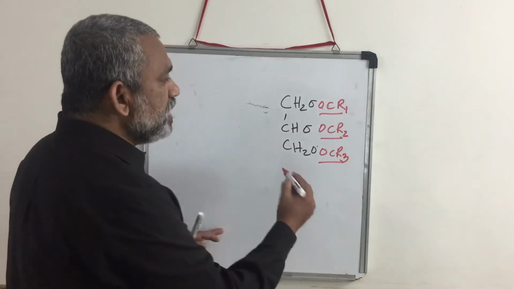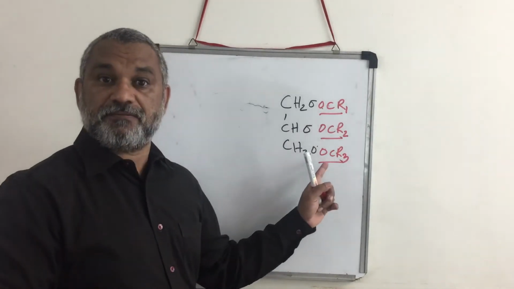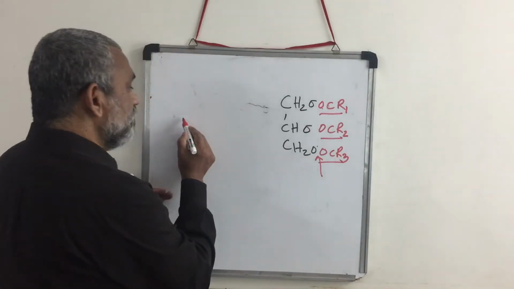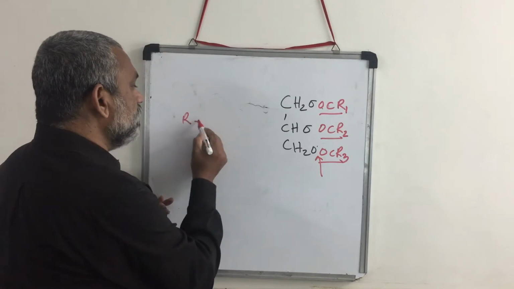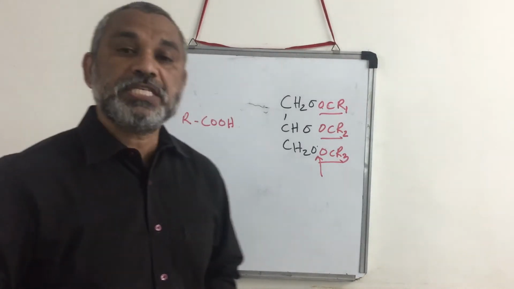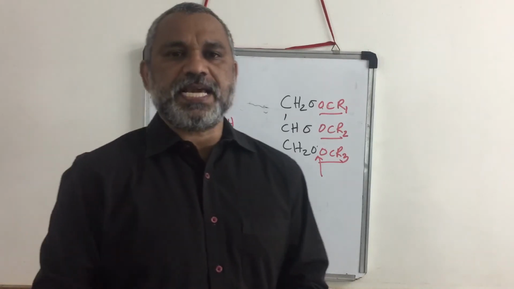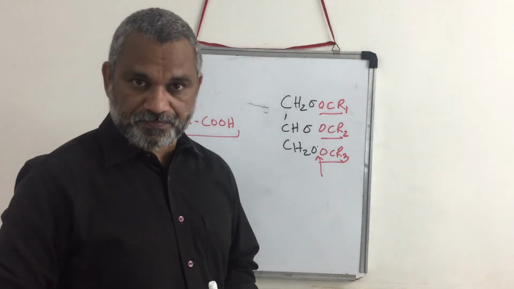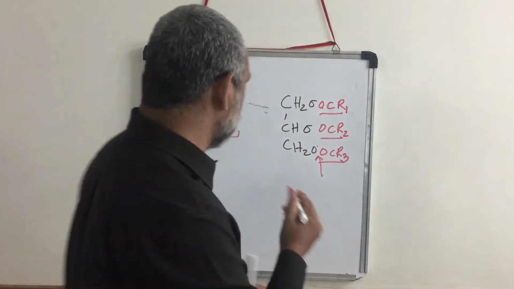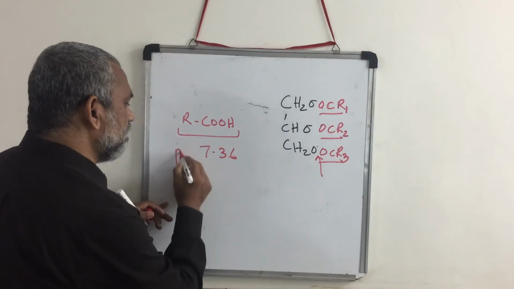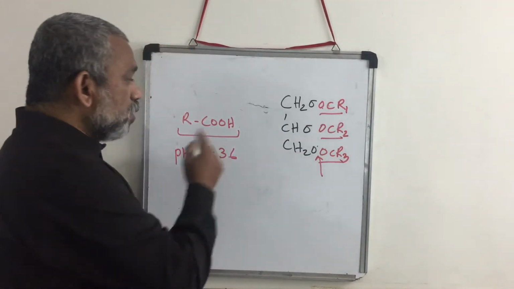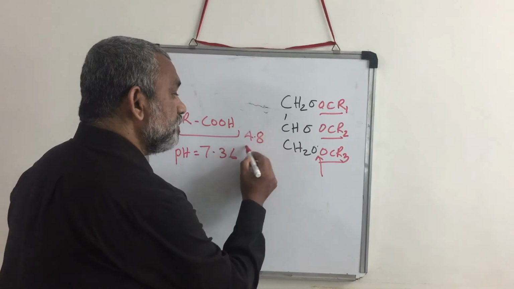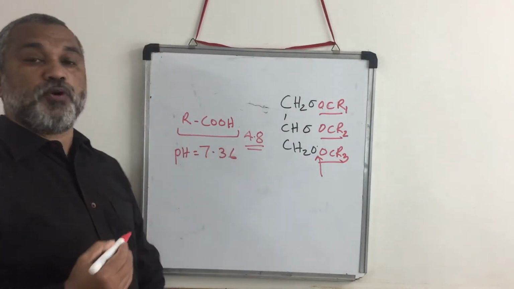When we break off this fatty acid, we call it a free fatty acid. The free fatty acid can be written in this form, that is RCOOH. So this is a free fatty acid. Now, let us see in which form this free fatty acid exists in the living system. We know the pH of our blood is about 7.36. This is the pH of blood. Now, this can get ionized, the pKa value is 4.8.